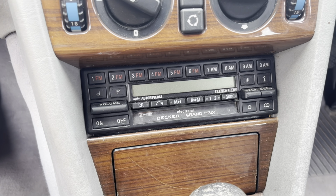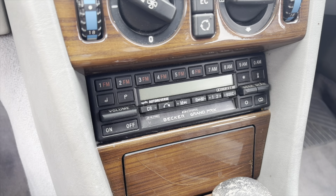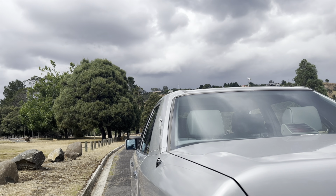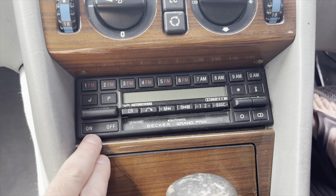One thing in modern cars that has come a long way is, of course, the entertainment systems we have in cars, which are, yes, very convenient nowadays with Bluetooth and etc. This obviously doesn't have that because it's of the period. It's a Becker Grand Prix, came with the car, and